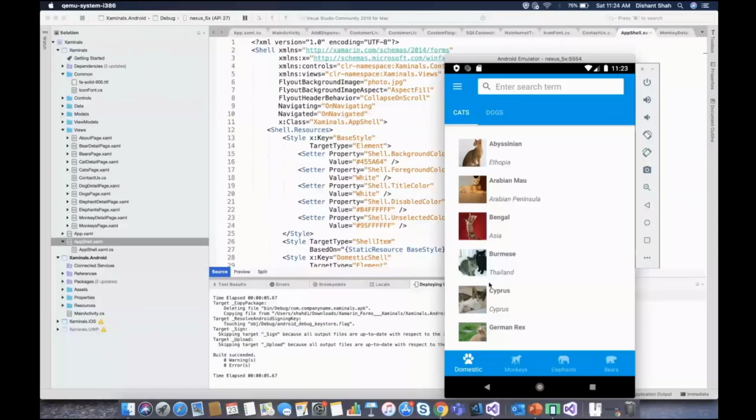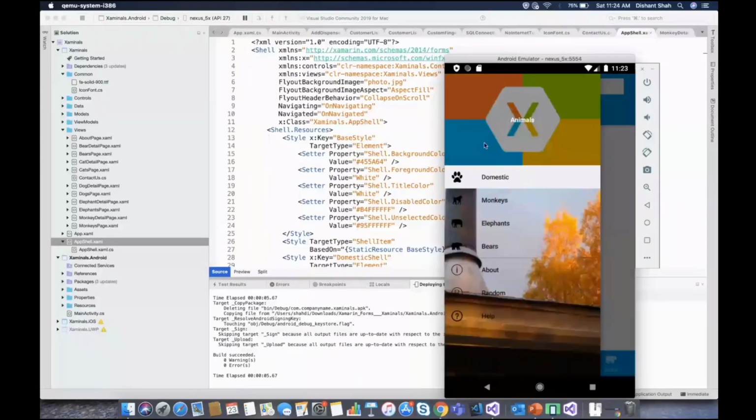Then we have different tabs like monkey, elephant, bear, and then we have our shell flyout with the navigations, and then bottom menu items like about, random, and help.